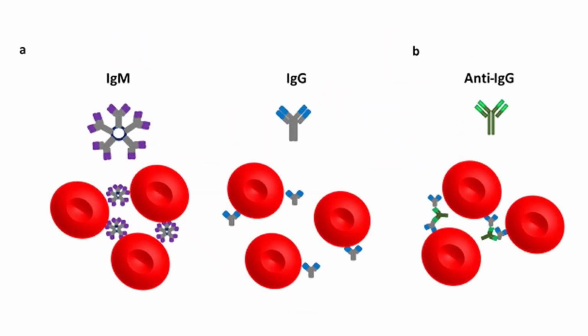Putting it all together, let's summarize the key concepts that we have discussed from the previous slides. IgM, with its large pentameric structure, causes direct agglutination, no additional reagents needed. IgG is smaller than IgM, monomeric, and binds to RBCs but does not agglutinate, so it requires detection by another method. Anti-IgG, or the Coombs reagent, binds to IgG on RBCs, which enables visible agglutination. So anti-IgG is used in tests like the Coombs test.